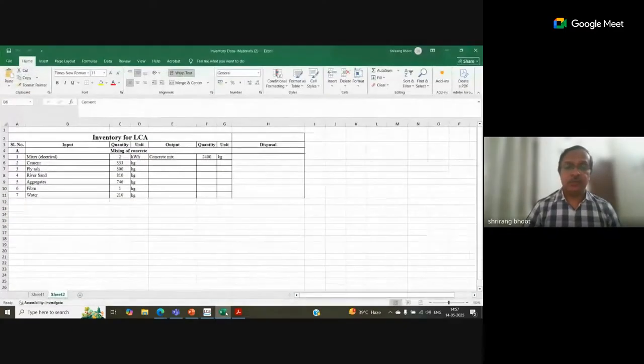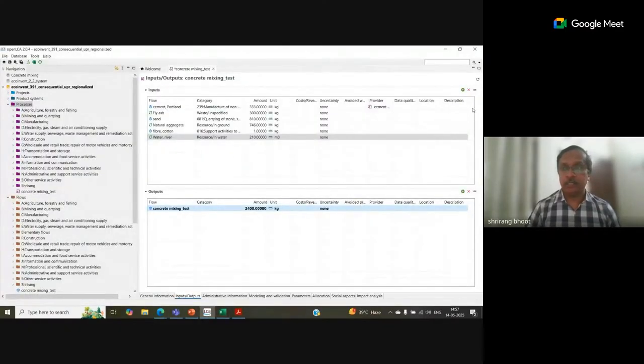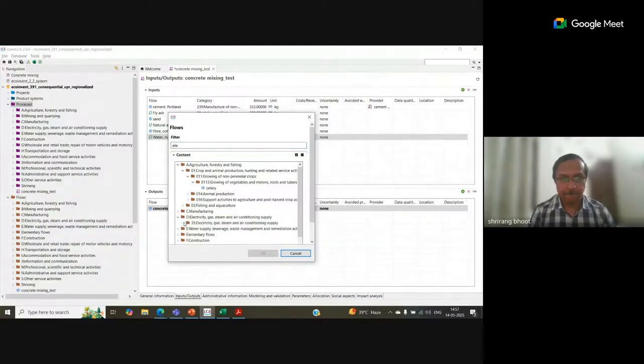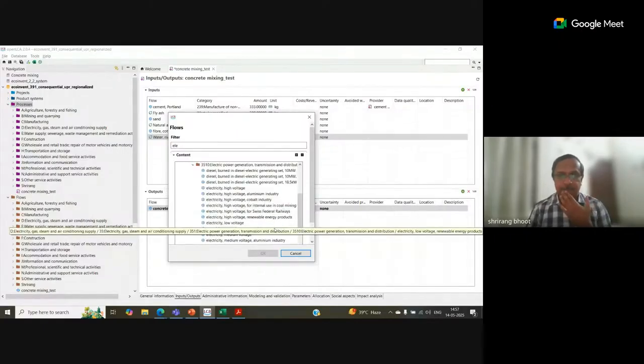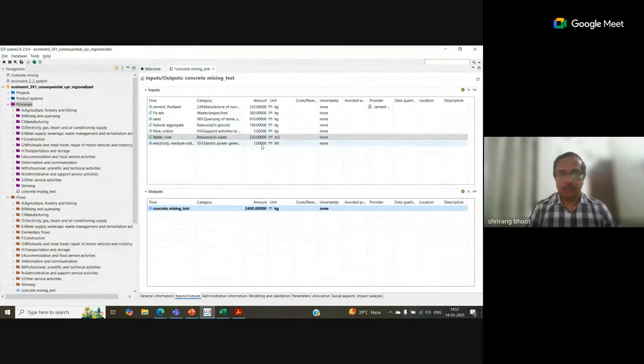But additionally, there is one more unit, which is electricity used in mixing. So we have to add electricity here.